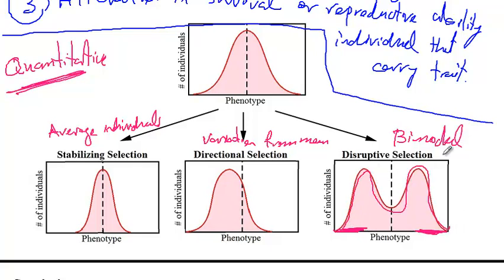So this is an example of bimodal distribution pattern. Next, we have the speciation process, through which one species evolves into a new organism that can no longer interbreed with the original population in order to yield fertile offspring. So speciation is where one species evolves into a new organism